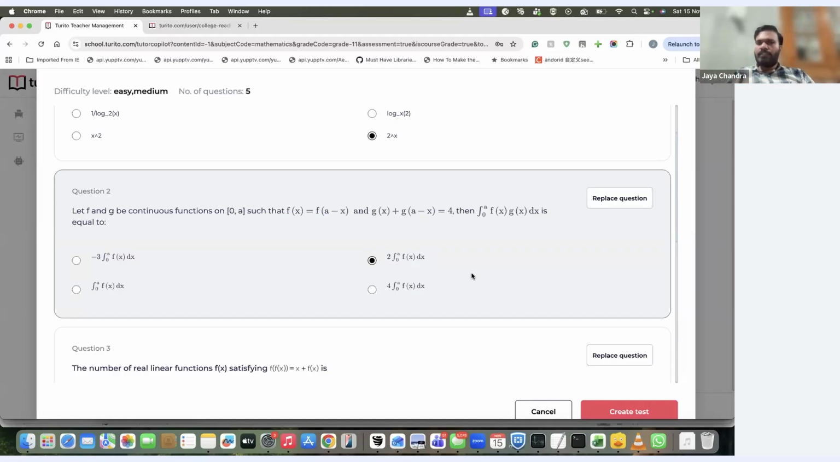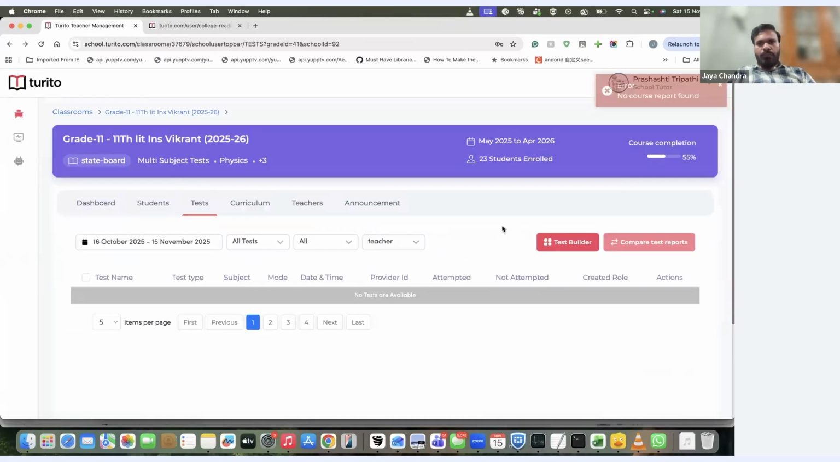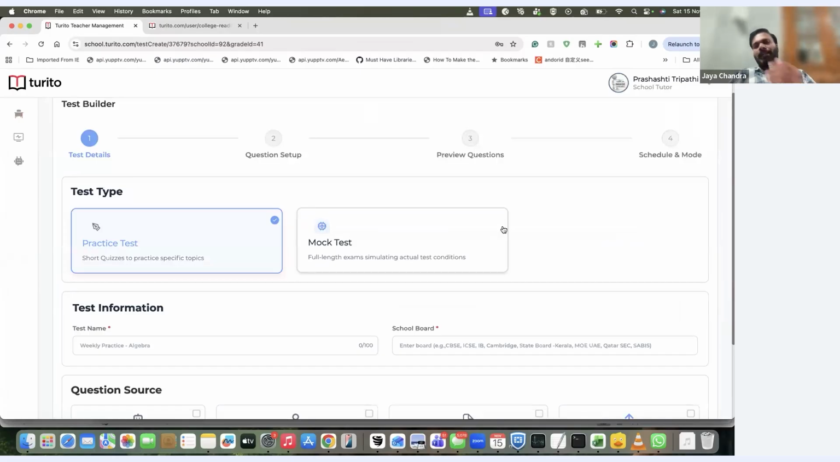So I have learned the things, and it will be more interactive. Instead of having regular classes and just completing them, it is a more interactive and productive way of learning for the student. One more thing: we have built a platform, we have built a test builder,